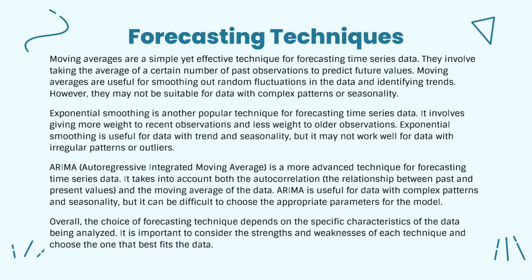They involve taking the average of a certain number of past observations to predict future values. Moving averages are useful for smoothing out random fluctuations in the data and identifying trends. However, they may not be suitable for data with complex patterns or seasonality. Exponential smoothing is another popular technique for forecasting time series data. It involves giving more weight to recent observations and less weight to older observations. Exponential smoothing is useful for data with trend and seasonality, but it may not work well for data with irregular